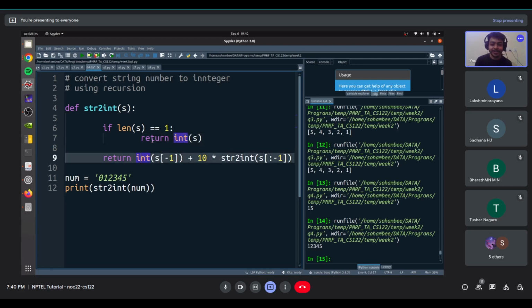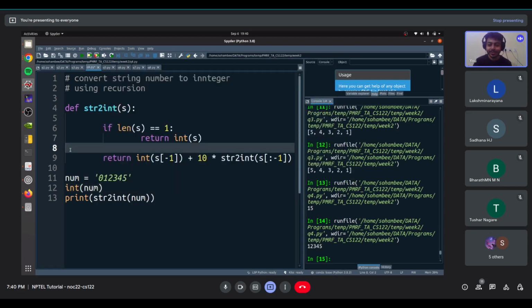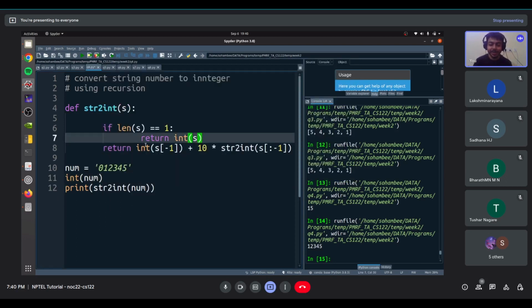Why are we not just doing int of the whole number itself? Why are we not just doing int of number? Why are we doing so much? So the answer is again, in Python you don't really need to do this, but say in other languages